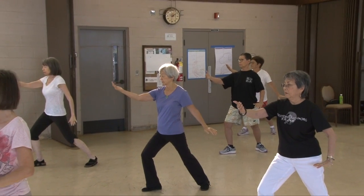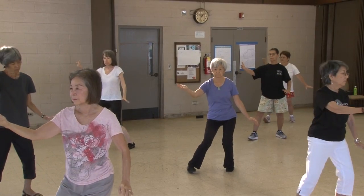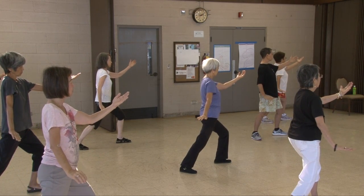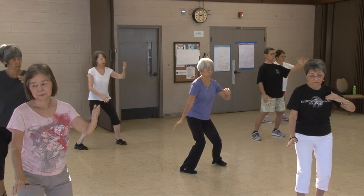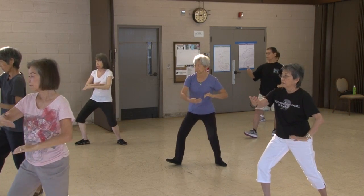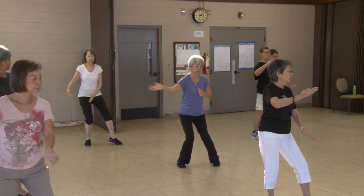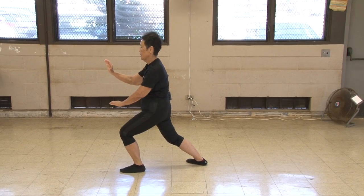Here it is. Sit back and lower, twist, ball and T, out into the L, get a good bow stance. Sit back and lower, pivot, T and ball, L and ball, bow stance. Sit back and lower, pivot, parallel higher on a T, ear, heel, hand, turn the hips and waist, brush your